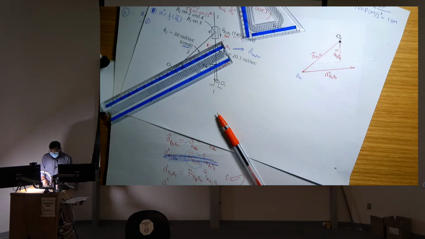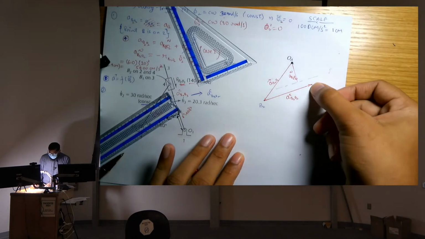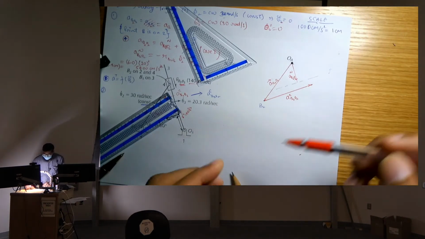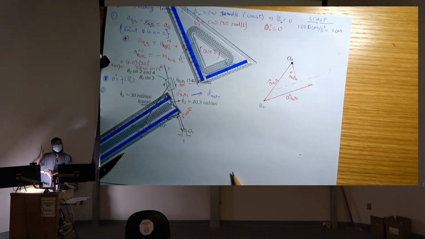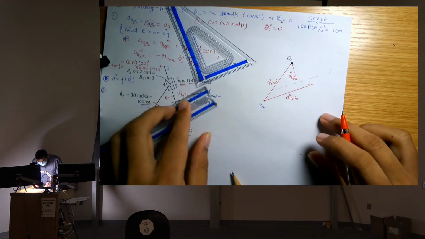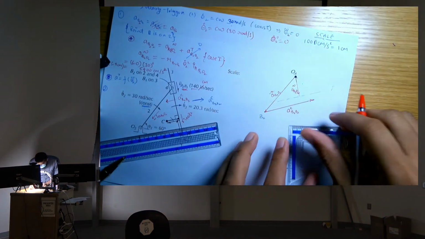Yeah. So that means if we draw a line perpendicular to your Coriolis component, B3 has to lie on this line only. But we also know that B3 lies on this line also, the tangential component for B3O3, right? So the intersection of these two lines will give you point B3. So that's how we find B3. So just draw a perpendicular line over here.